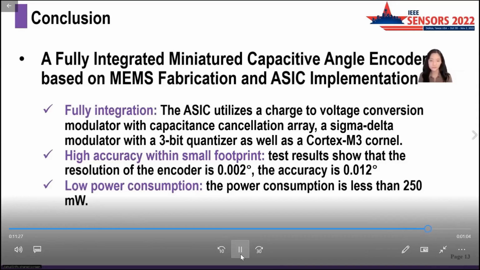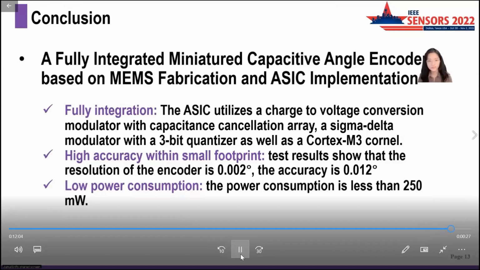The second is the competitive dynamic performance. Some application scenarios of angle sensors, such as unmanned aerial vehicles and aerial gimbals, have high requirements for dynamic characteristics. The previous angle sensors have less description of the dynamic characteristics, while the proposed sensor can detect the angle accurately, even under the oscillation condition of 120 Hz.